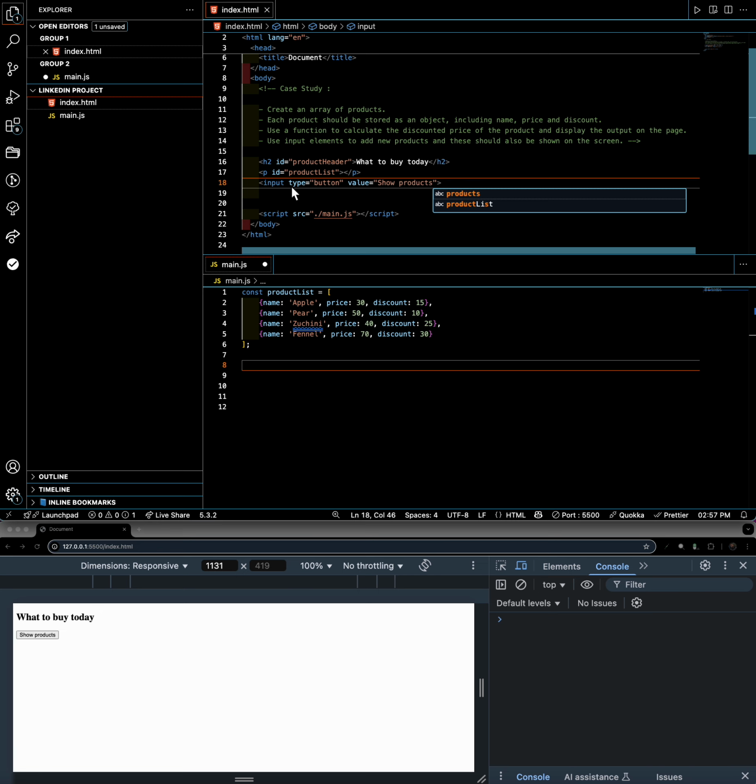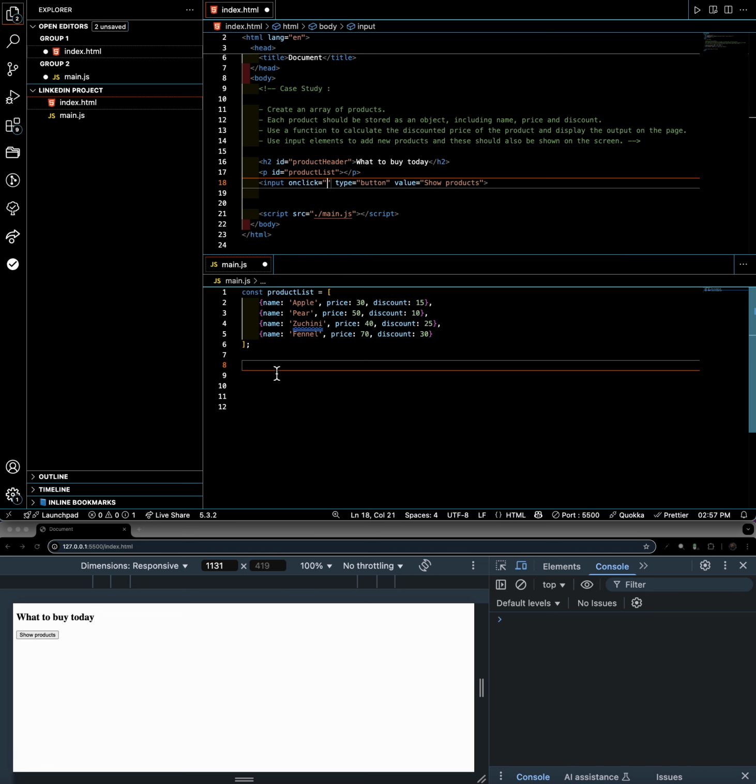But this button should perform a function, right? So we say on click do some kind of function,